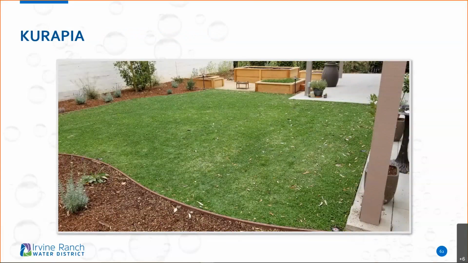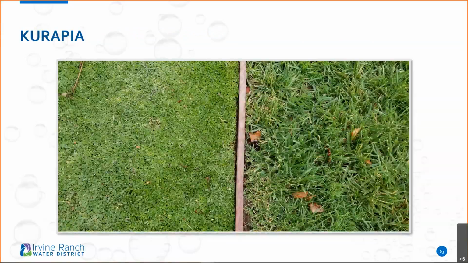Now, Kurapia is not a cheap plant. It can be found in sod, but if you're interested, I would recommend you take a look at it and plant it as plugs. I'm going to show you a couple things. Here is the border between his house and the neighbor's house. You can see the neighbor's grass right up to that border, and next to it, this Kurapia. Now, Kurapia takes foot traffic. It was not meant to be played on constantly, but you can picnic on it, you can walk on it, you can mow it. It does get affected by animals when they come by, but it's just great.